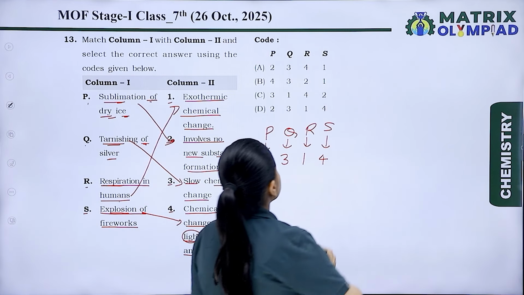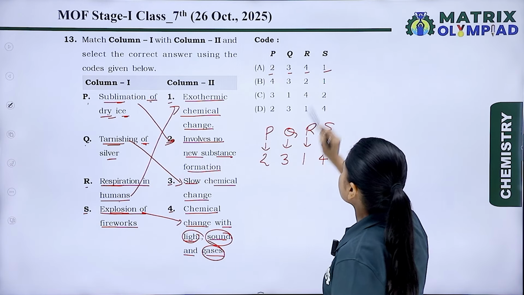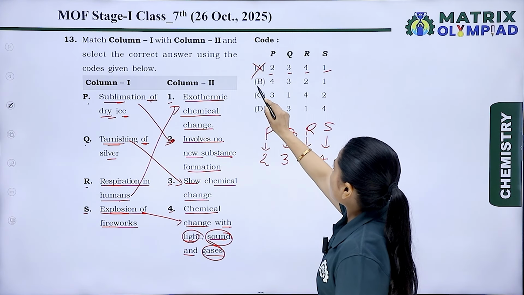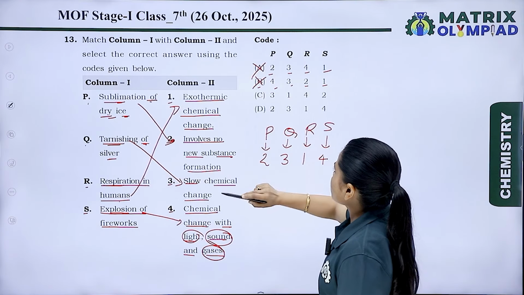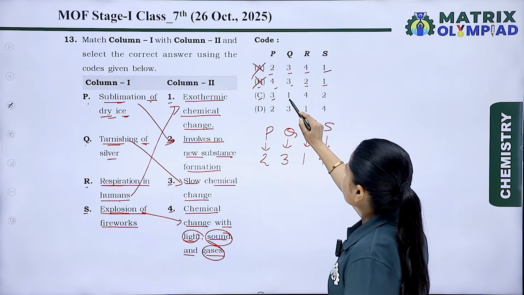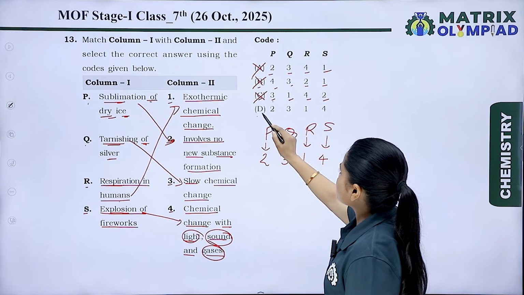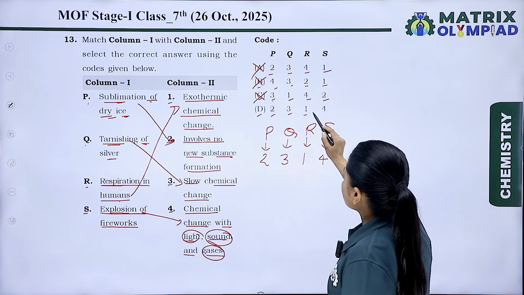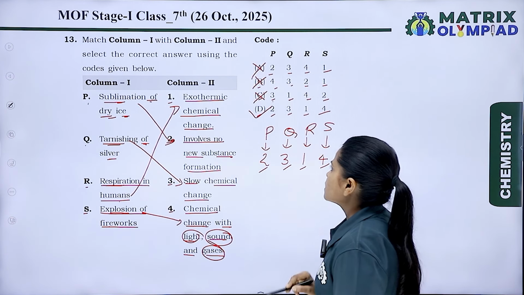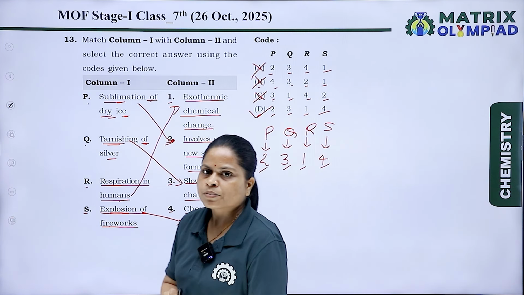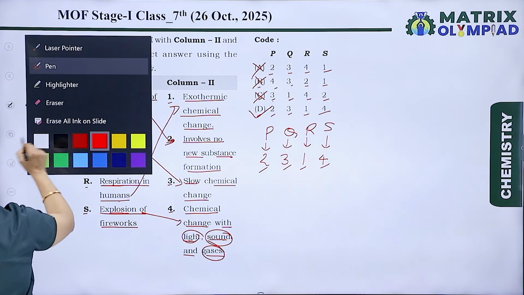Let's take the options. Option A, 2, 3, 4, 1, this is wrong. Option B, 4, 3, 2, 1, this is again wrong. Option C, 3, 1, 4, 2, this is again wrong. And option D, 2, 3, 1, 4, this is the correct answer, and option D is correct for this question. Now, the next question is,